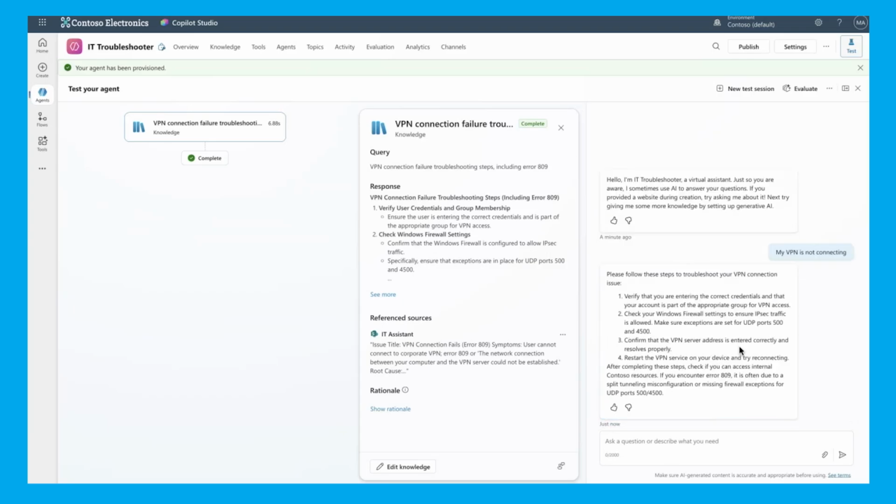As you can see, I said my VPN is not connecting. It says, please follow these steps and troubleshoot your VPN connection, and it gives you these steps. To the left, it shows you the reference sources, and it shows you what the query is and the response that it gave back. Next, you can say, my Outlook is crashing, and it's going to go ahead and give